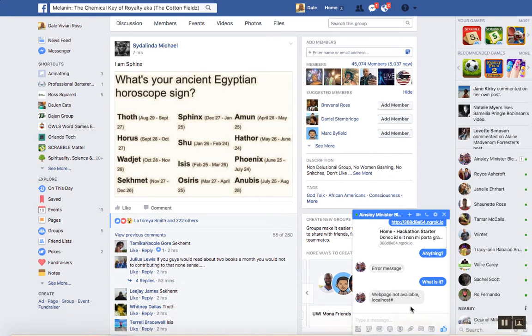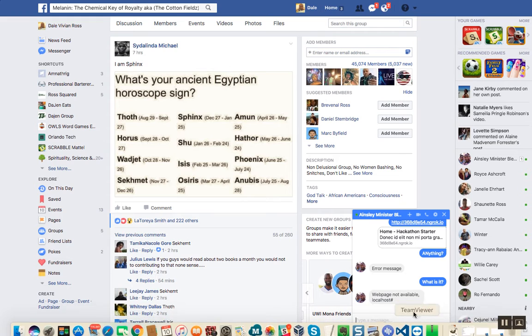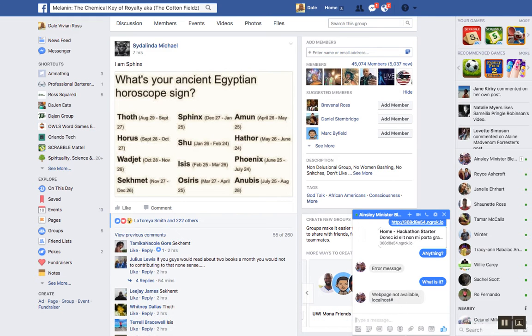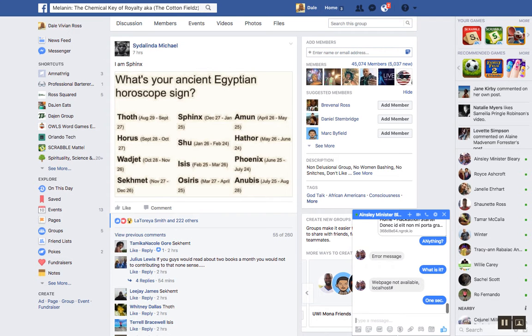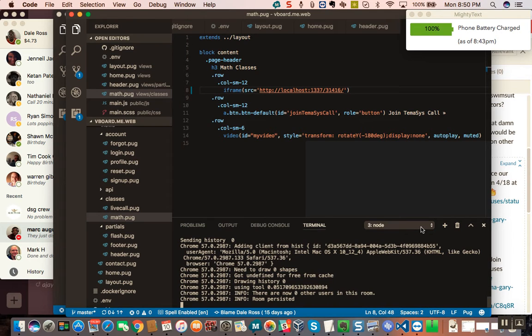When I did this at the hackathon, what am I saying? I was testing locally. One sec, live and learn. I was testing locally, so I get to come back over here, and you can use this to learn what I'm using. I'm using Visual Studio Code, and I could come to this one, I think it is.